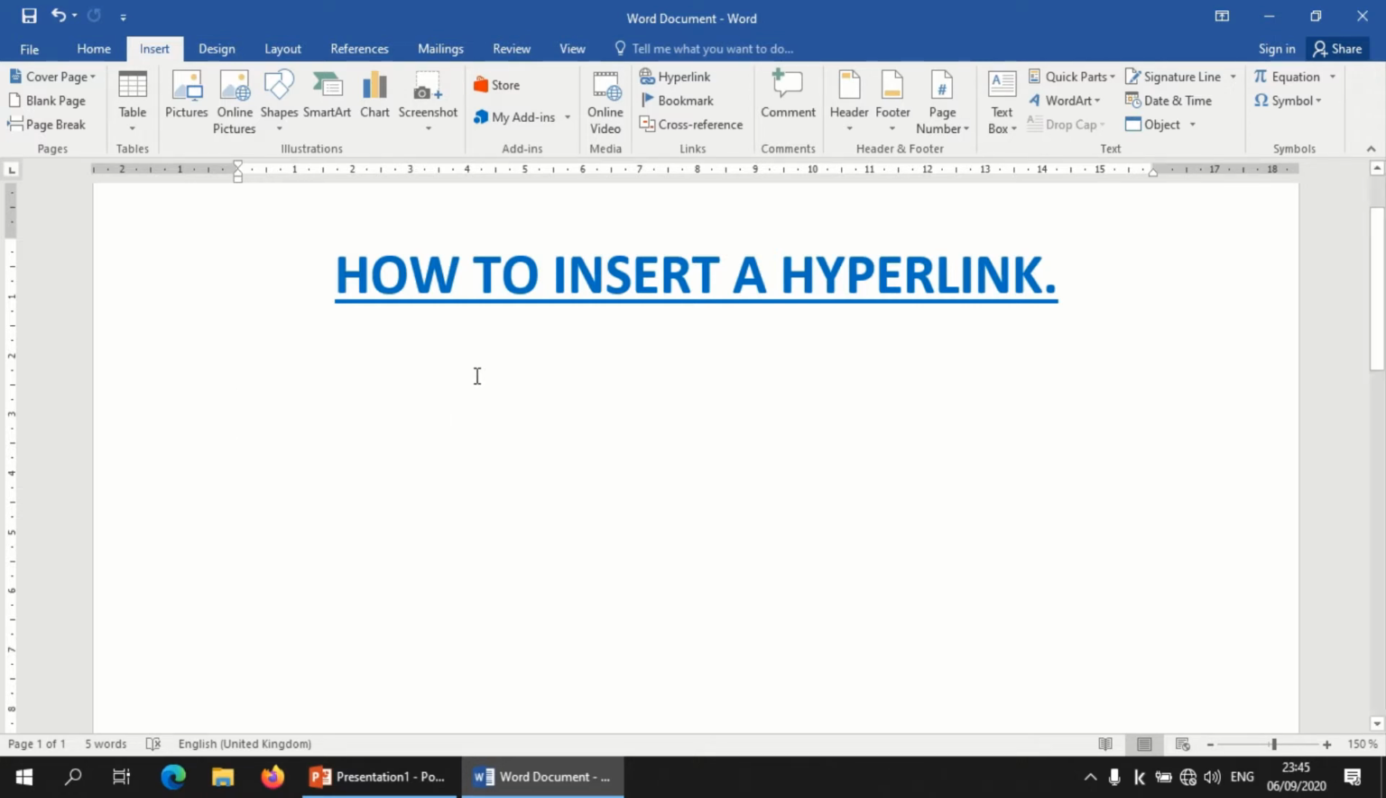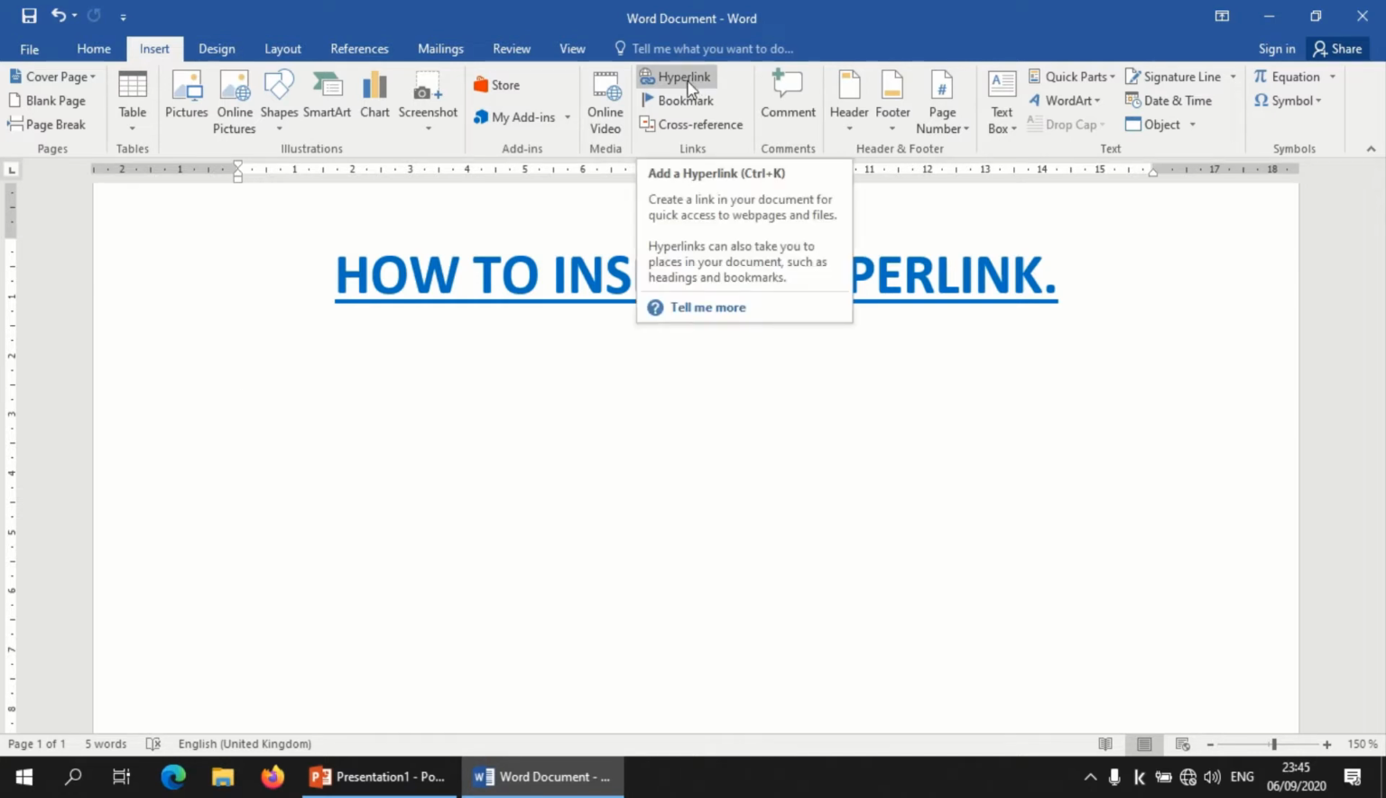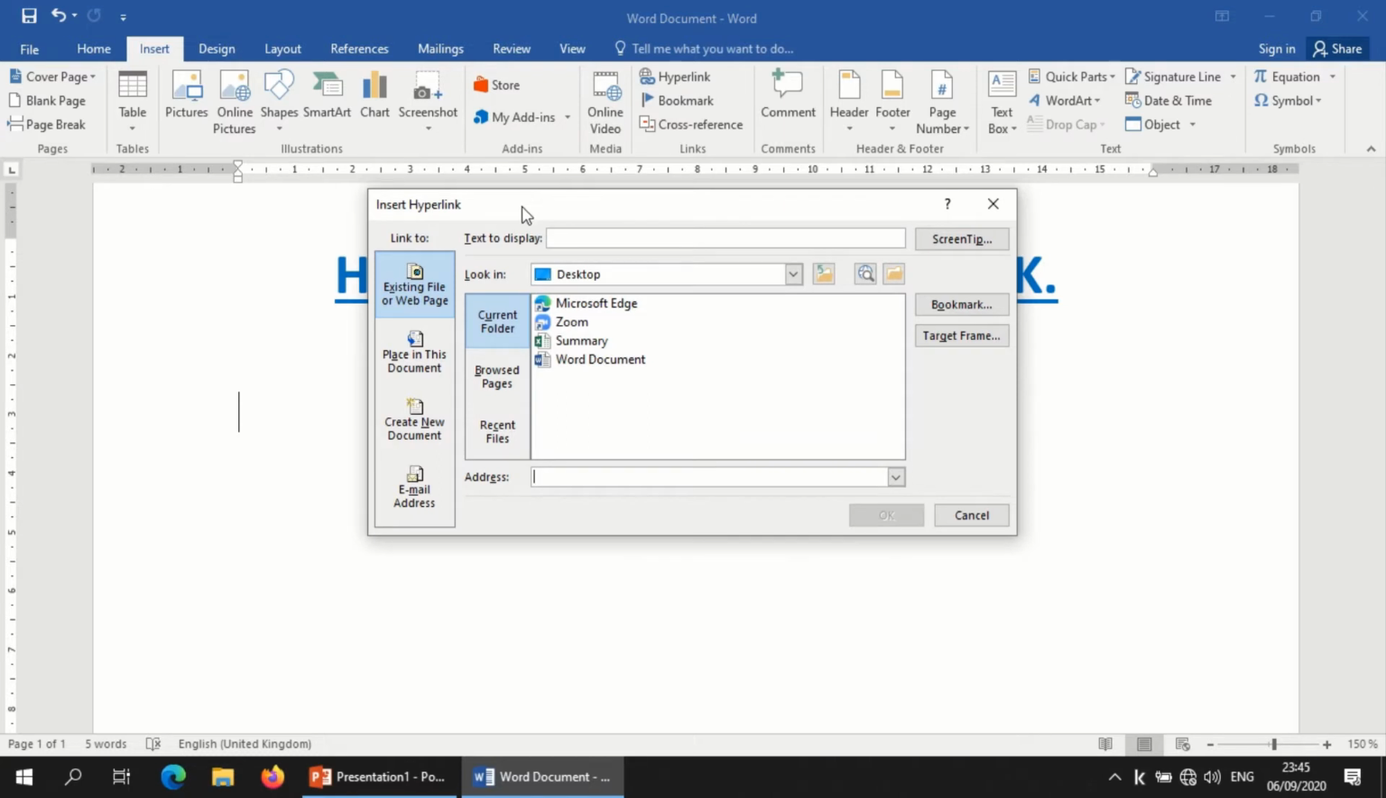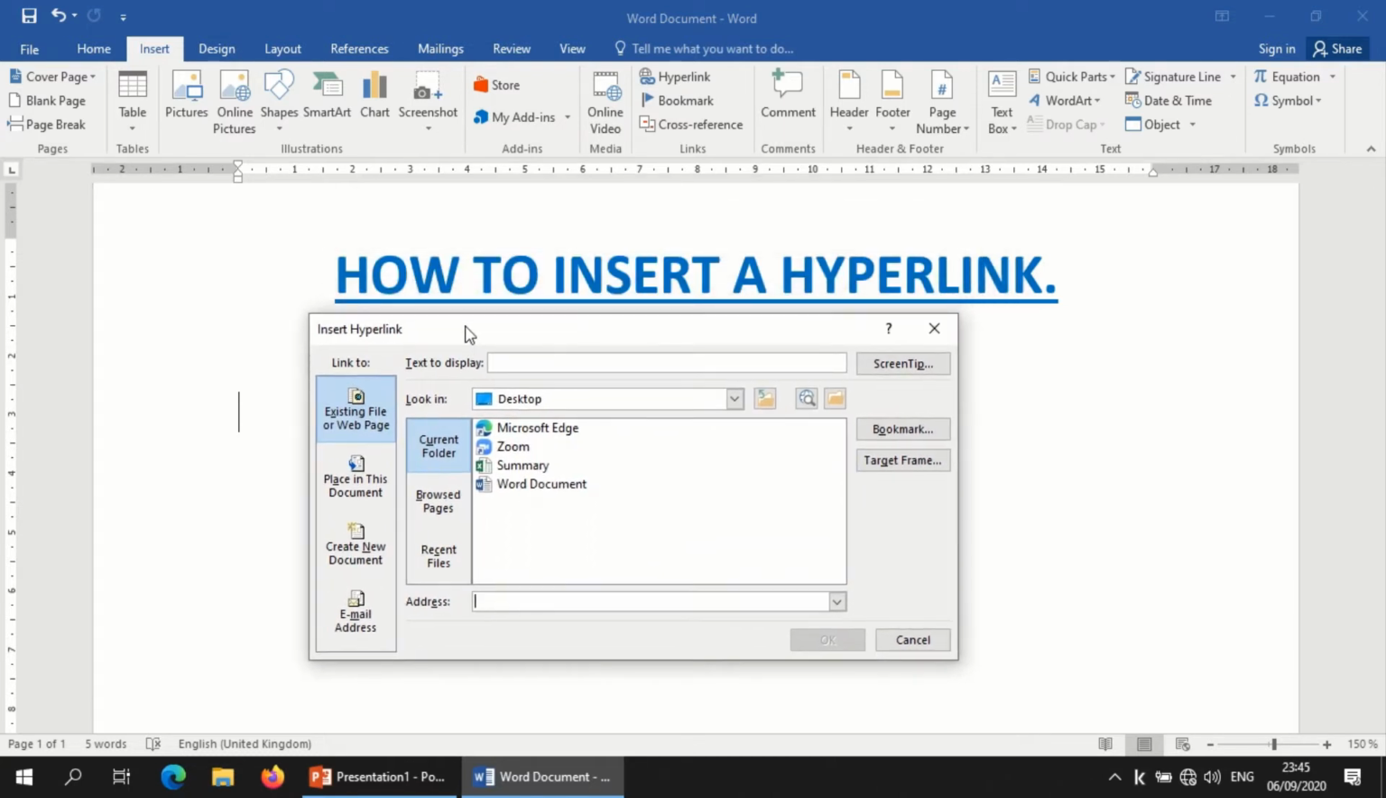So the first step, you go to insert. On the insert menu up here, you click, then you move to hyperlink here. So you click on hyperlink. It opens this small window here, so you give it a name. What do you want to be displayed before a person clicks on that link? So let's say like